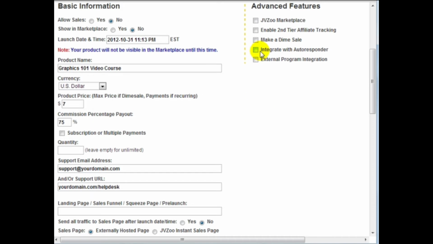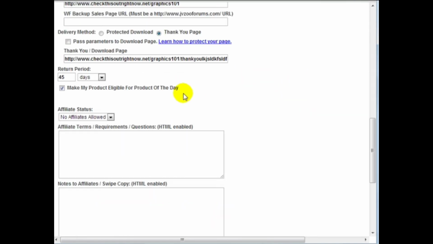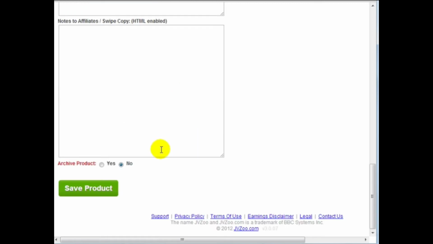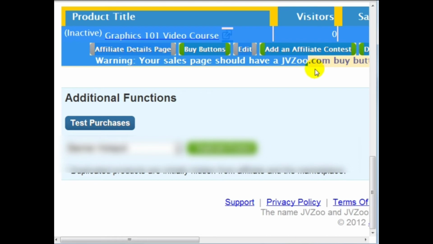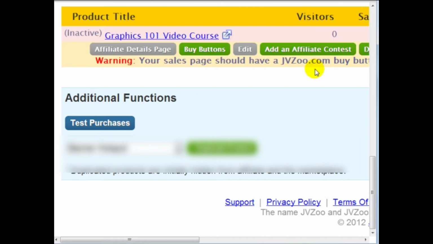the future videos. You can integrate it with an autoresponder and external program integration for advanced features. But for the basics, that's it. We're done. And we can simply click on Save Product. Okay, great. So after I clicked on the Save Product or Add Product, you can see the product here. In the next video, I'm going to show you how to get the buy buttons and add them to your